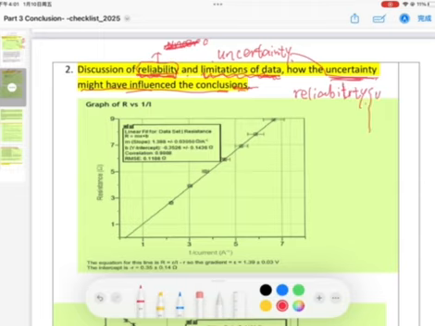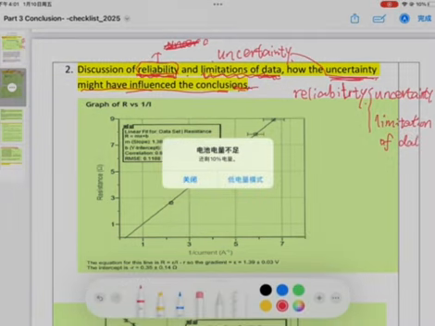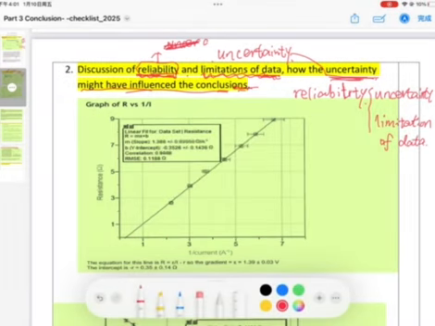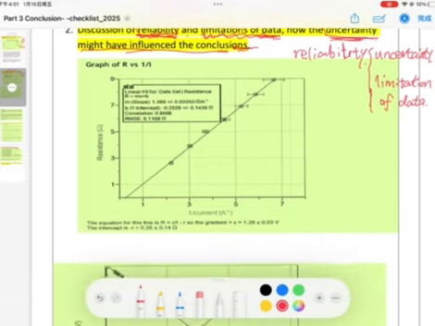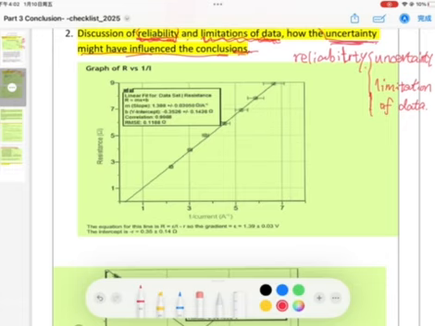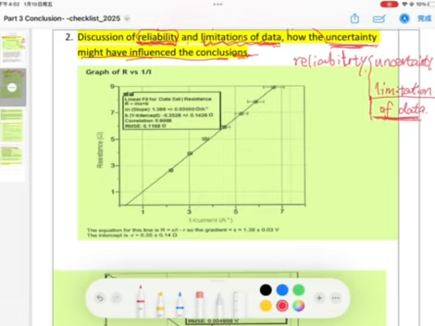Right? You could talk about this from your uncertainty. This is the one we talked about before. Or you could talk about this through the limitation of your data. So this is a kind of challenge, but you could try. I'm going to show an example over here, and you can see how this example is using limitation of the data to talk about the reliability. It is an example of measuring the internal assessment,